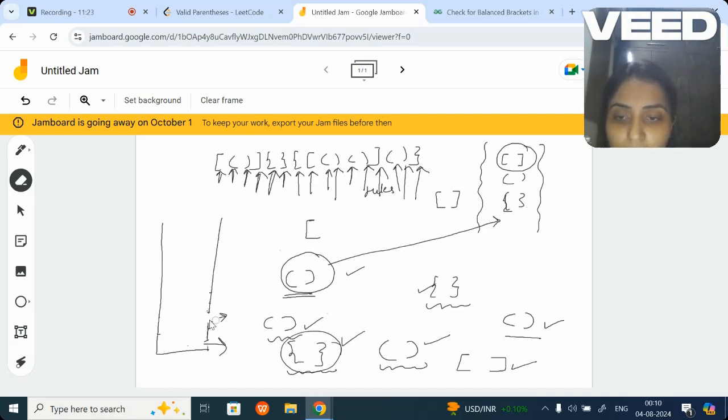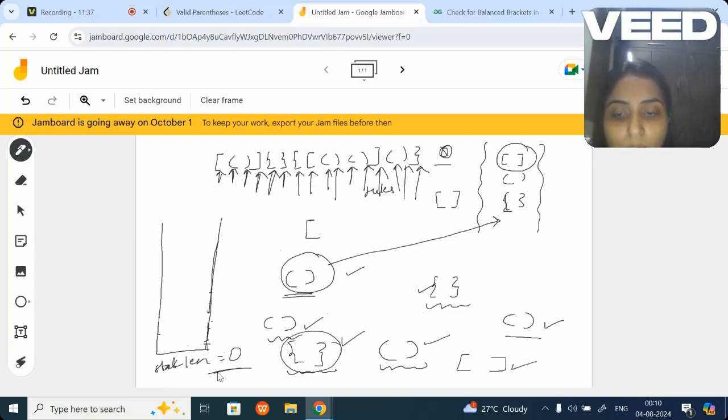Now, once you remove it and once you're done, that means once you come out of this, now there is nothing, right? There is zero. And even if you see, the stack length is also empty, which is zero. So you don't have anything over here, and you've even completed your iteration of all the characters in your string, and therefore you come to a conclusion that yes, it's a valid parenthesis. So this is basically just in one single iteration. You don't have to iterate it multiple times or maybe a nested loop.